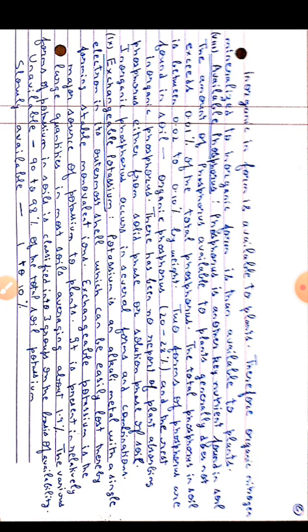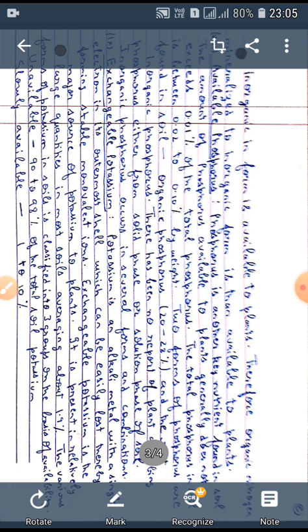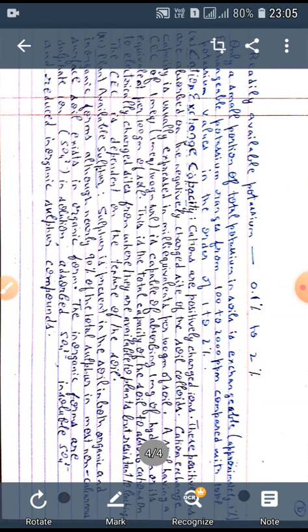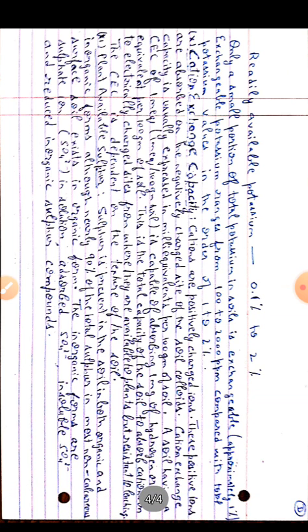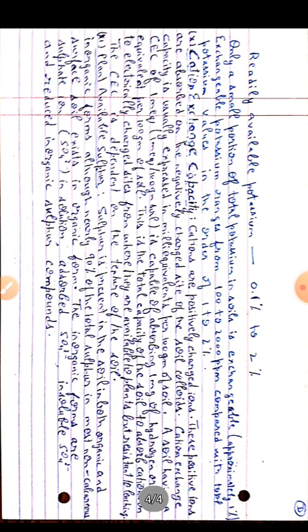The various forms of potassium in soils are classified into three groups on the basis of availability. Unavailable, 90 to 98% of the total soil potassium. Slowly available is 1 to 10%. And readily available potassium is 0.1% to 2%. Only a small portion of total potassium in soils is exchangeable, that is approximately about 1%. Exchangeable potassium ranges from 100 to 2000 ppm compared with total potassium values in the order of 1 to 2%.